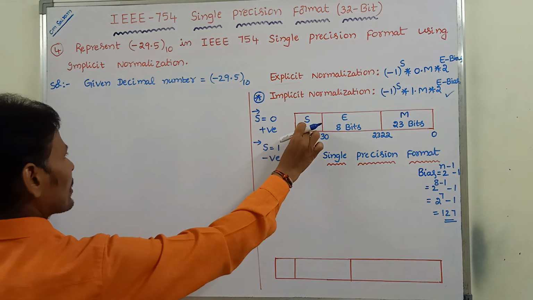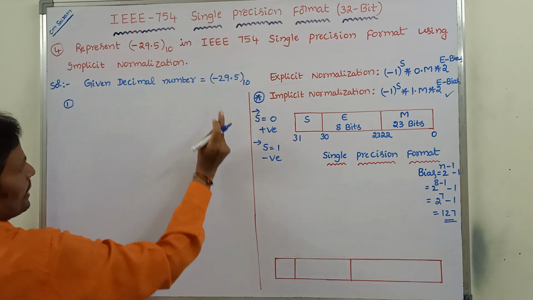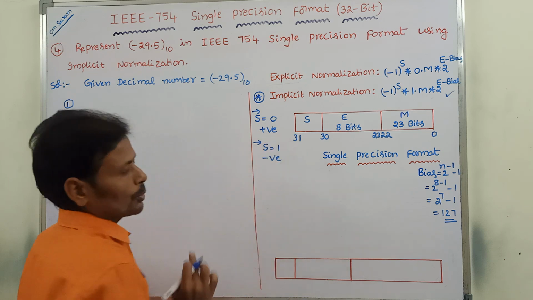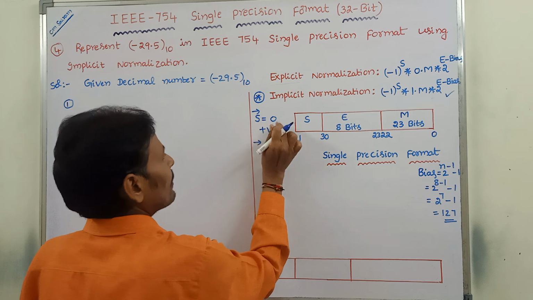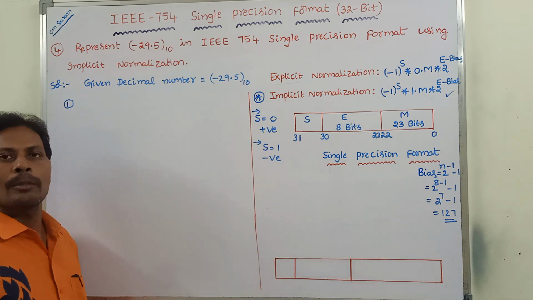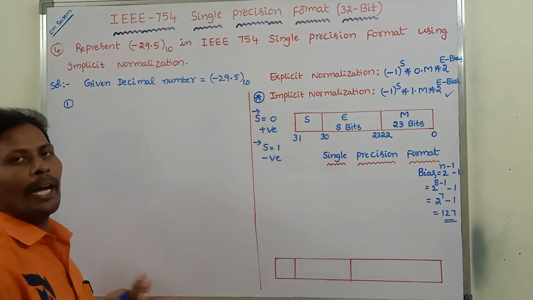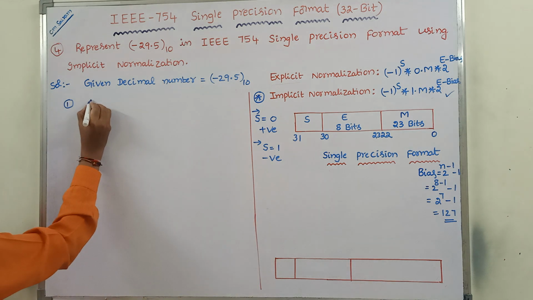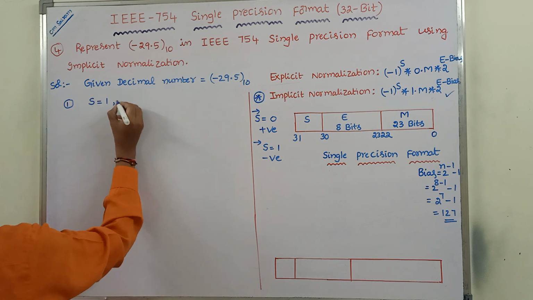First we have to write the sign bit value. To represent a positive floating point number, we use sign bit value 0. To represent a negative floating point number, we use sign bit value 1. Here minus 29.5 is a negative floating point number, so the sign bit value S is equal to 1,